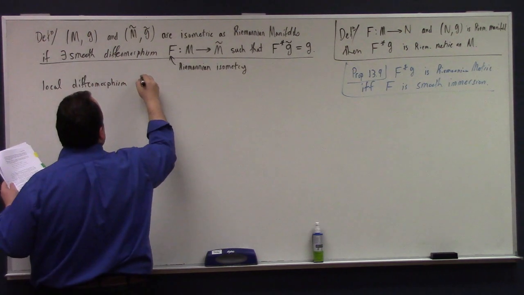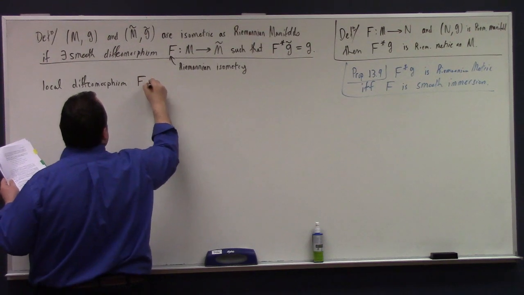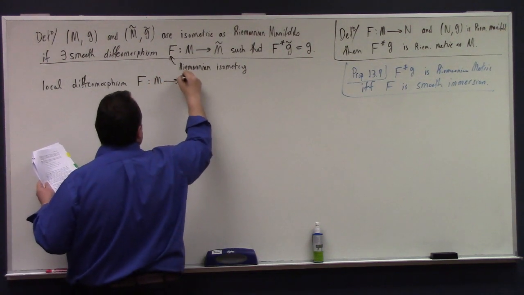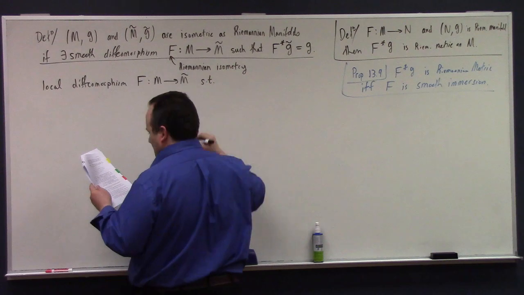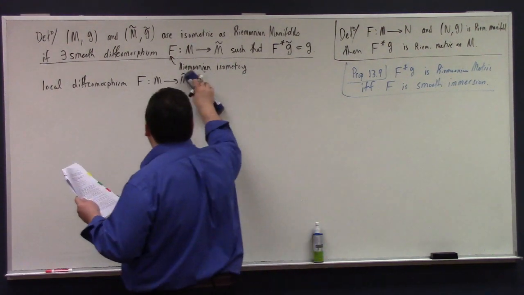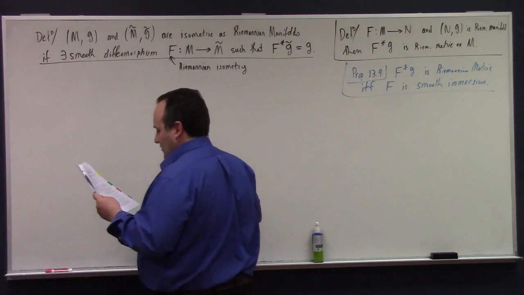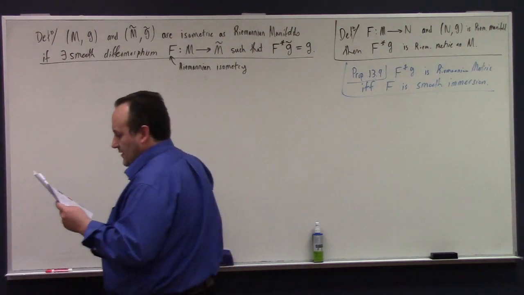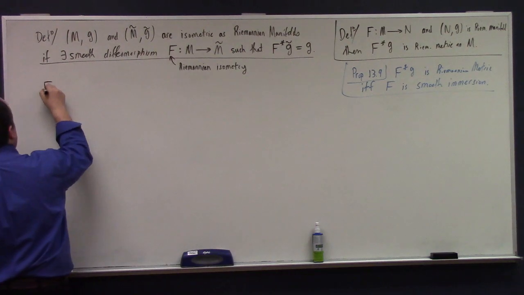So, here, F from M to M tilde, such that what? That's not quite how he has it. Let me use his precise language to keep myself out of trouble. He says F is called a local isometry